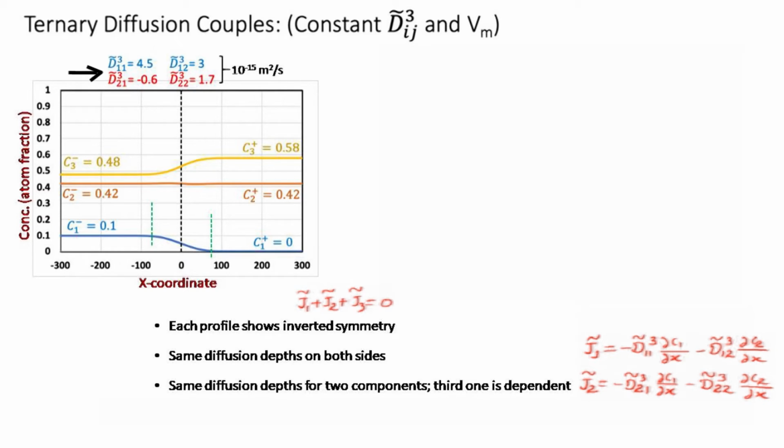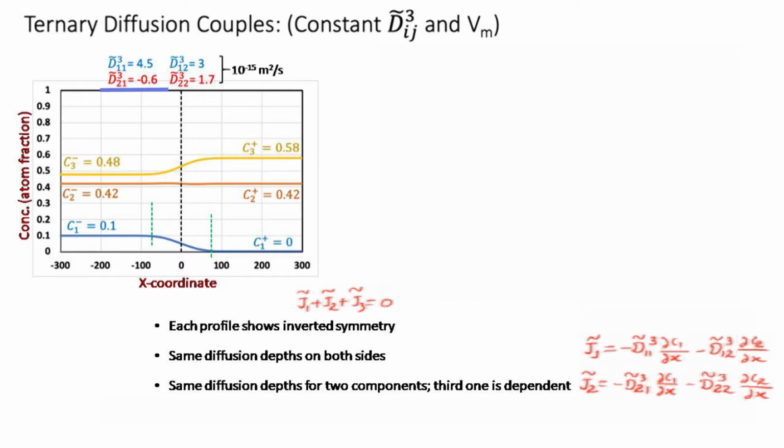So, both the independent gradients will contribute to the flux of 2. So, even if there is no gradient of concentration for component 2 to start with, we can still expect some flux,